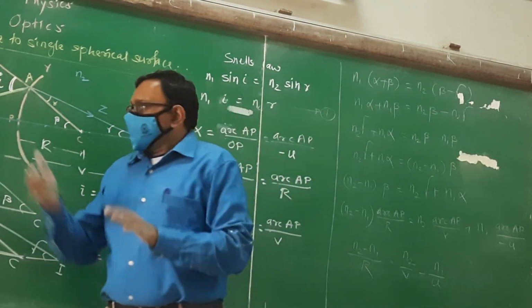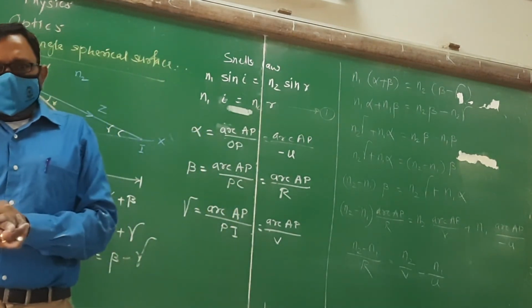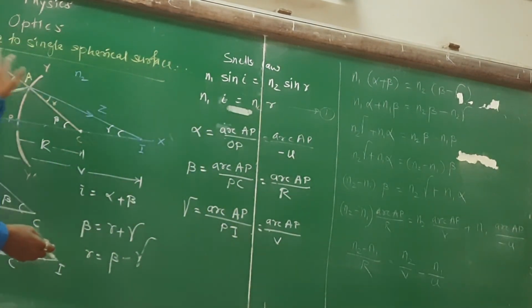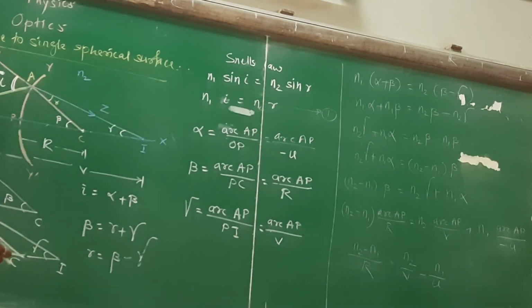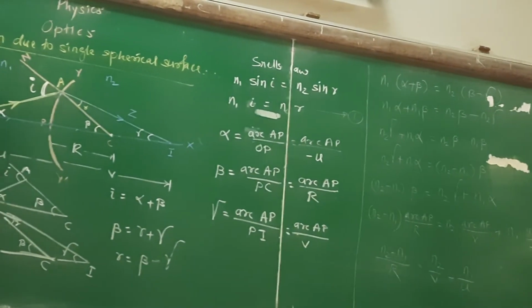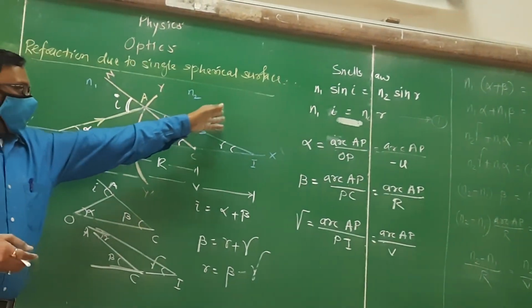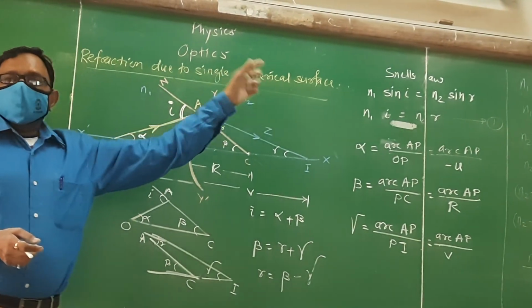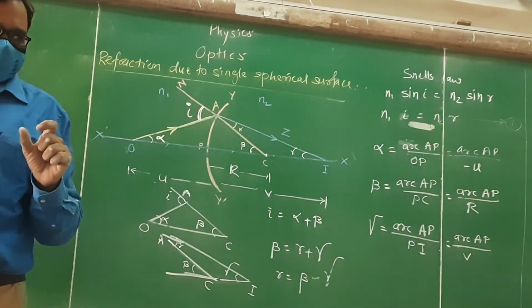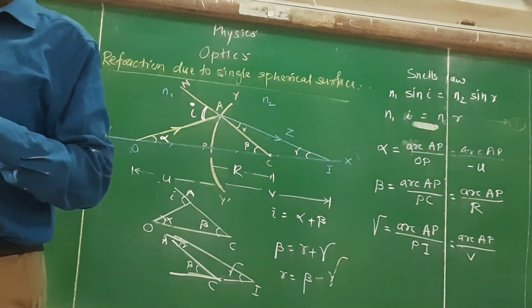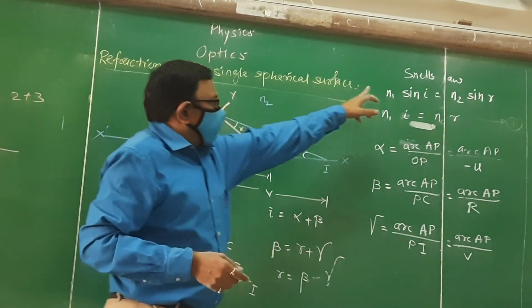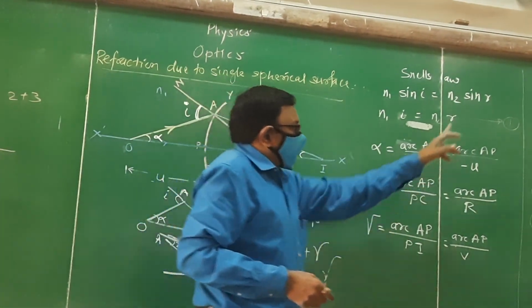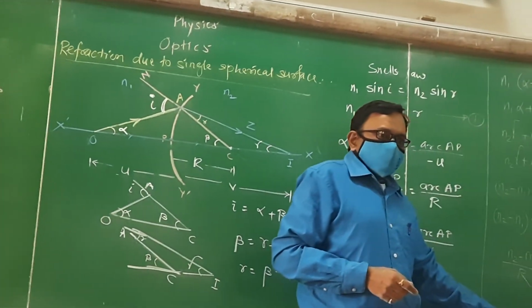Here, another question is asked on this topic like this: Derive the equation for the refraction due to a single curved surface. You may first draw the diagram with labeling, then write the description or consideration. After that consideration, you may complete this using Snell's law, up to this last step.